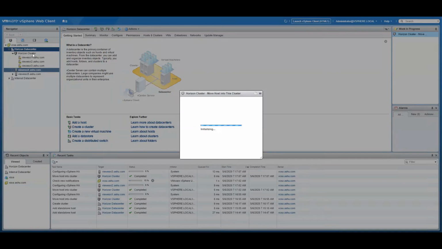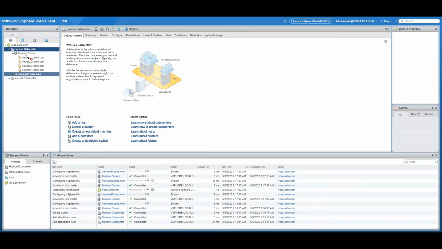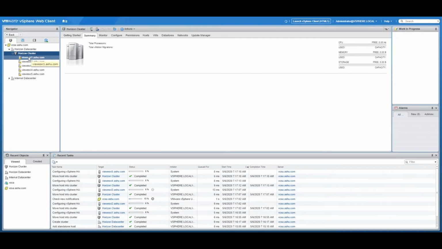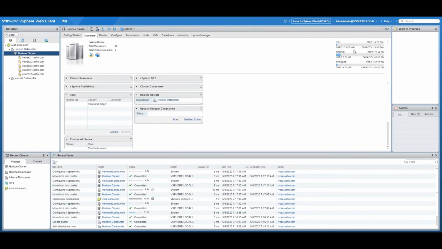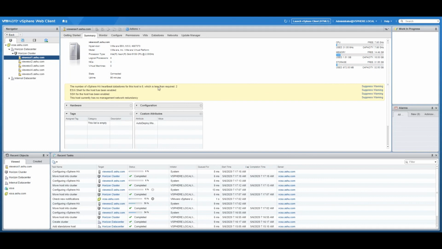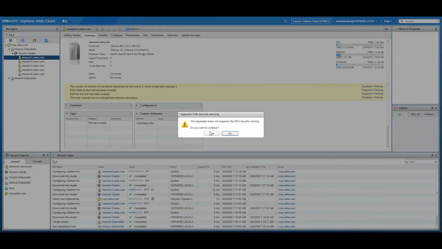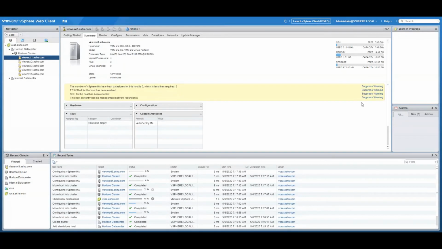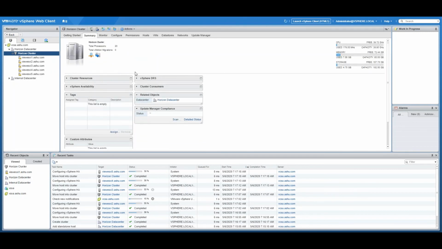I just fast forwarded this process and added all the ESXi hosts. Now you can see the Horizon cluster is created. You will be seeing some warnings here, the most important being datastore heartbeating. It's required for vSphere HA that there should be 2 datastores where you enable heartbeating. However, I will be using this as a vSAN cluster. So post the cluster, I will be configuring the vSphere above